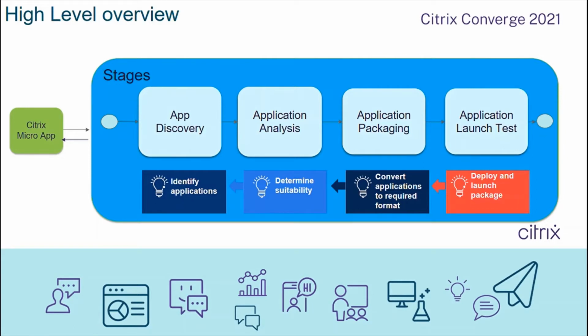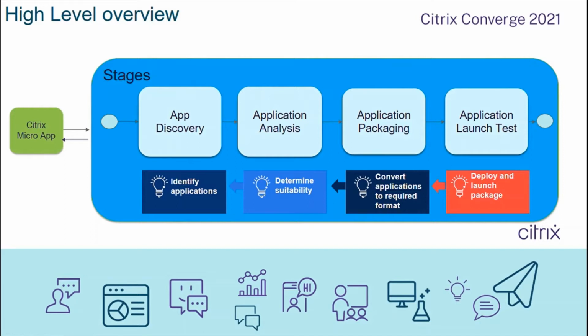During this stage, it will gather information about applications, which means identify applications. It may be MSI or exe files, and then it validates the application source file to ensure that the application is fully functional or not. If the application is fully functional, it will allow creating a package. If it is not functional, it will not allow creating a package.